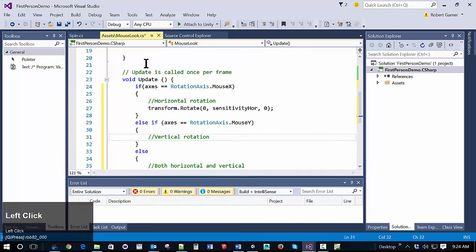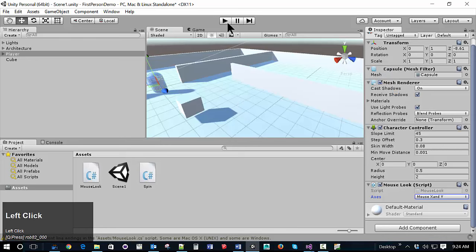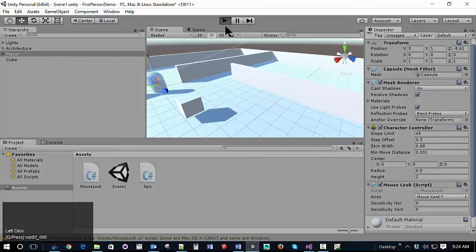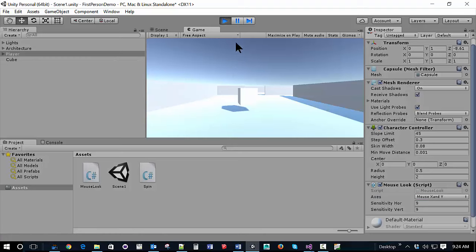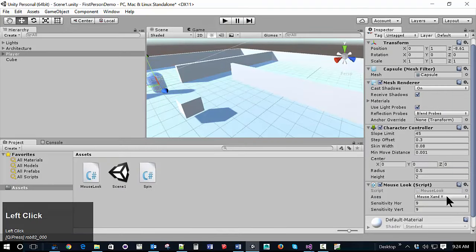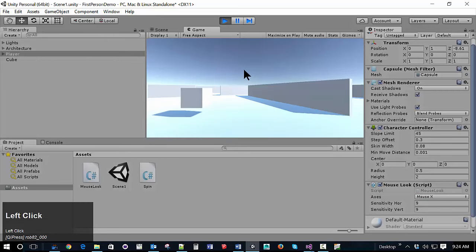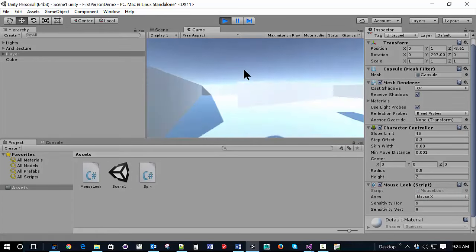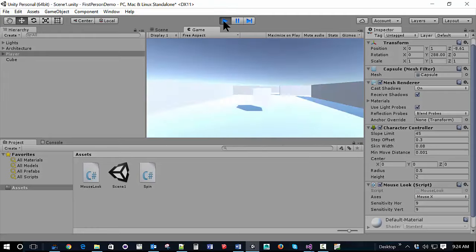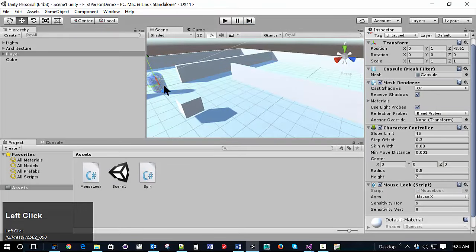So let's see what this does. And we're spinning and the cube is spinning, everything's spinning. Obviously we want that spin control to be done